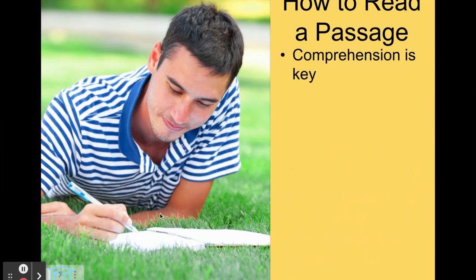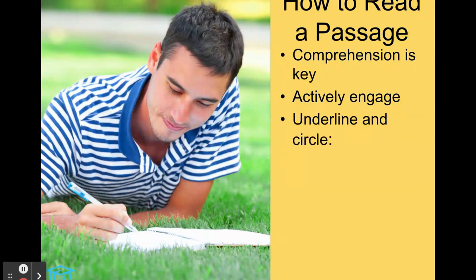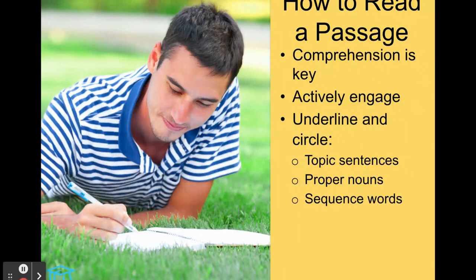Okay, so how you go about reading a passage. First, make sure you understand it. And in order to do that, you want to actively engage, which means annotate the passage. So some of the things that I suggest you underline and circle include the topic sentences. What is this paragraph going to be about? Underline things like proper nouns, names, places, specifics about things, sequencing words. So if there's dates that go through the passage, you want to look at that. Sometimes when there's words like first, second, next, things like that, so you can kind of know the steps to things,